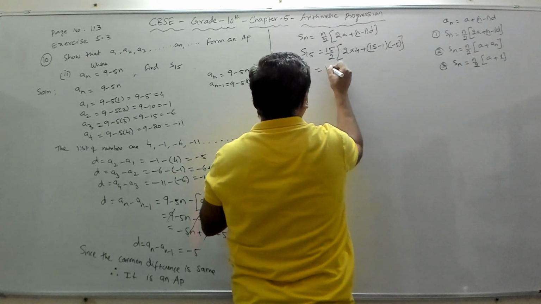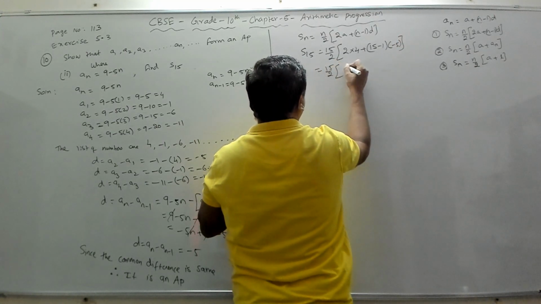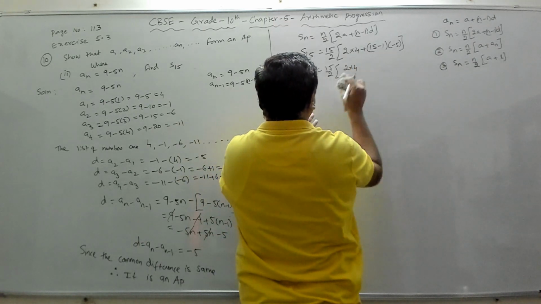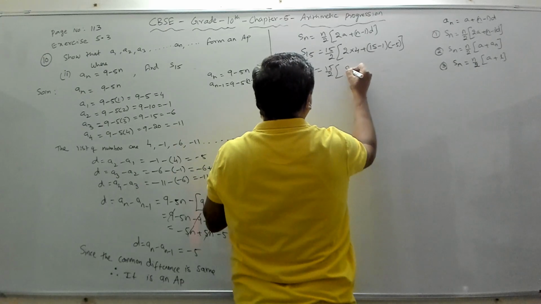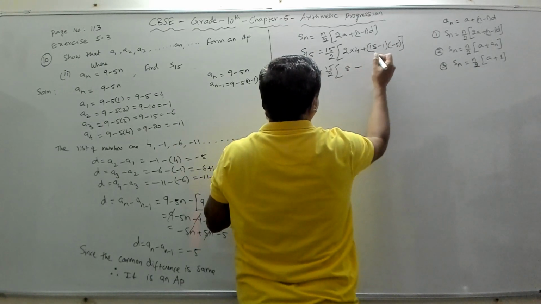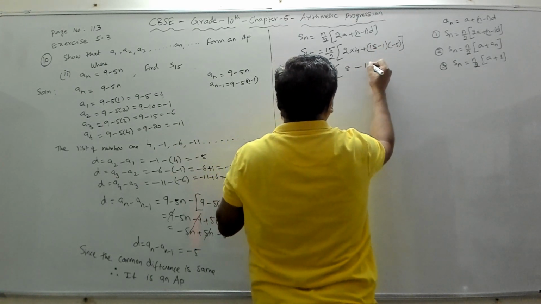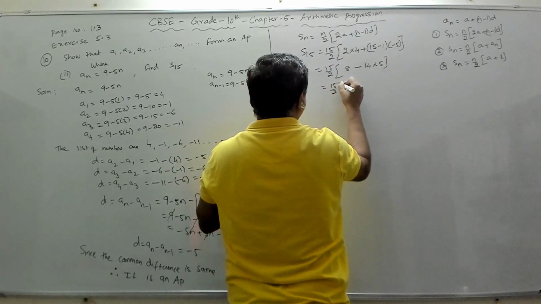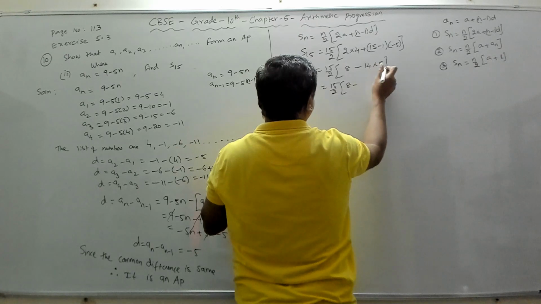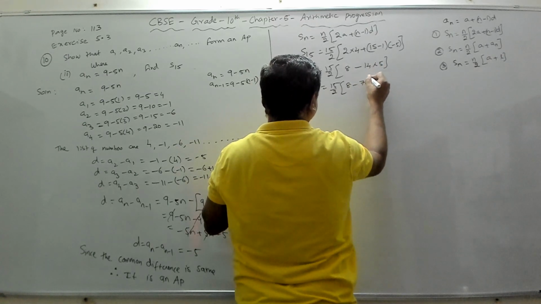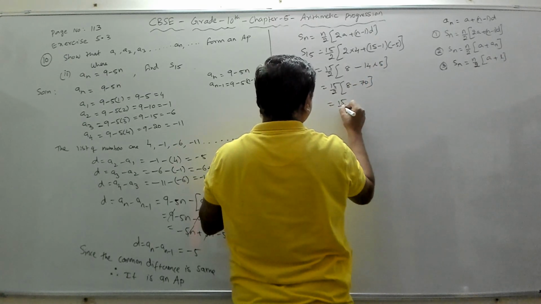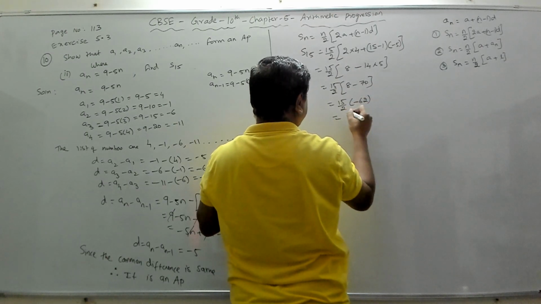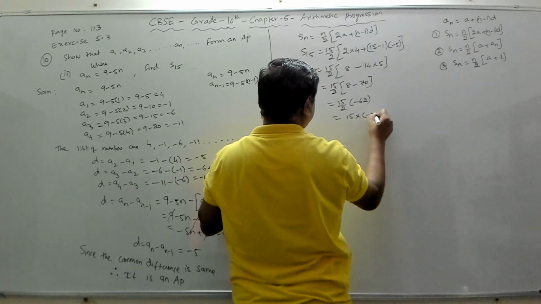So that is equal to 15 by 2 into 2 into 4. We can write it as 8 if you want, or we can write it as 2 into 4, doesn't matter. So if you put 8, this is minus 15 minus 1 is 14 into 5. So you get 15 by 2 into 8 minus 15, 5s are 70. So you get 15 by 2 into minus 62. That will become 15. So if you cancel, you get 15 into minus 31.